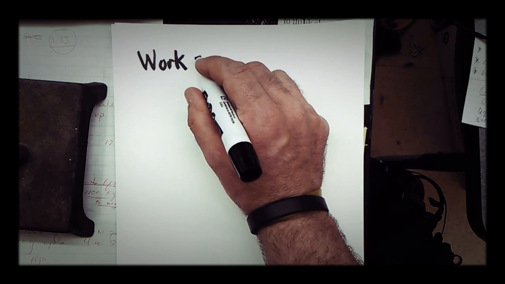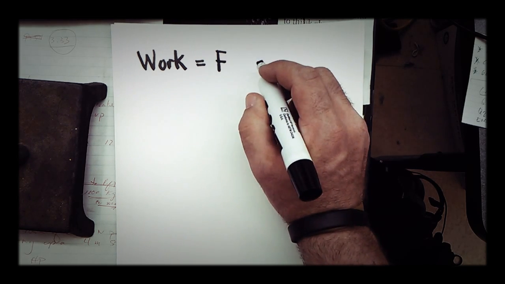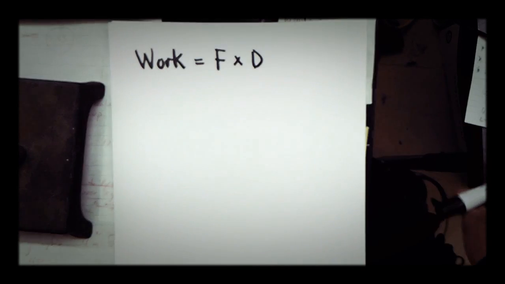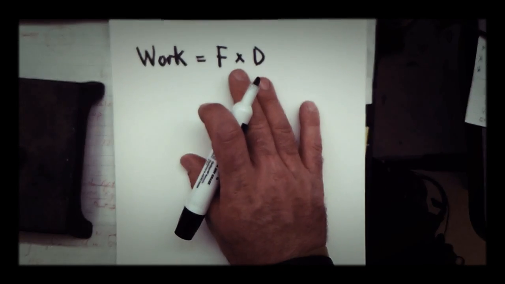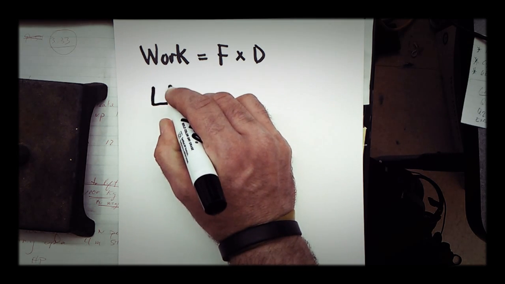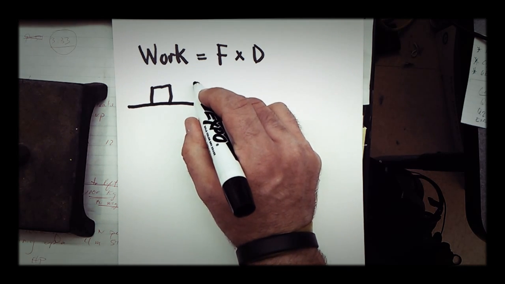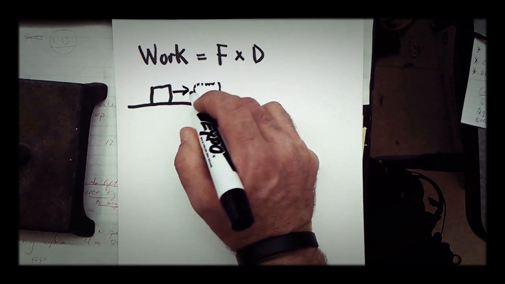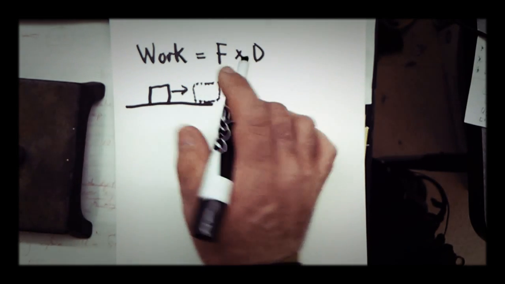So, work in physics is equivalent to force multiplied by the distance. So, here's a very quick and easy situation. Let us say we have again our block of physics, okay, on a surface, and we push the block this way. We apply a force this way,